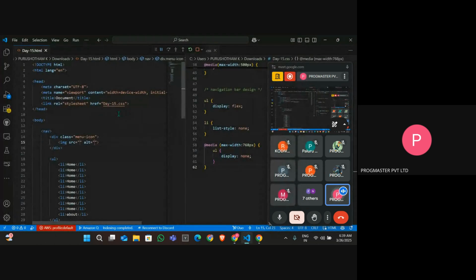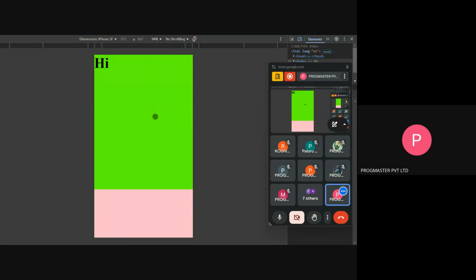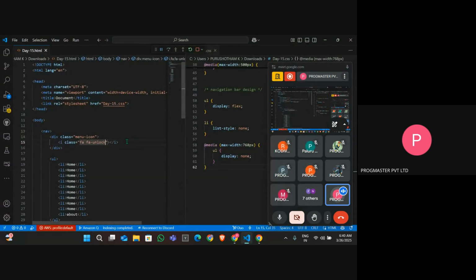Great, no worries. So what I'm going to do is simple. I'm going to place that icon here. Let's assume class. I don't know whether it will work or not, because we need to insert the... Yes, it's not going to work out, because we need to install or link